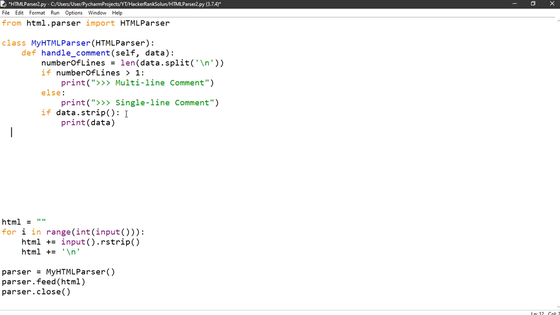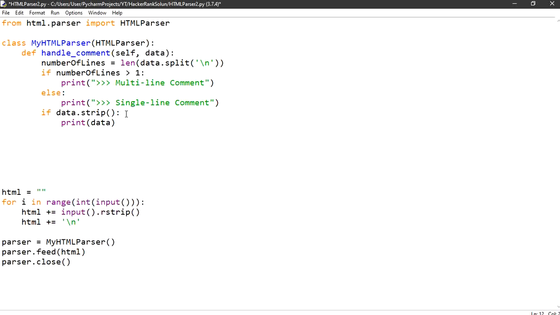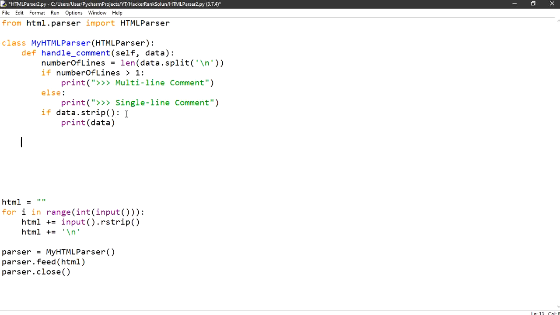Similarly, now we're going to print for the data part.